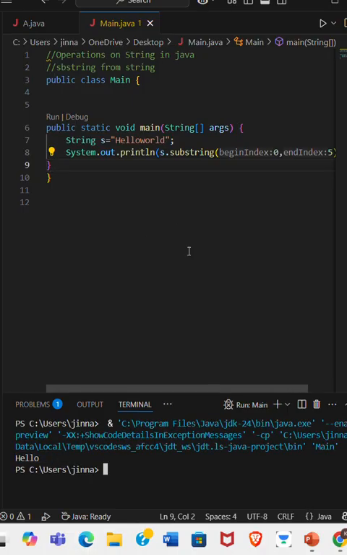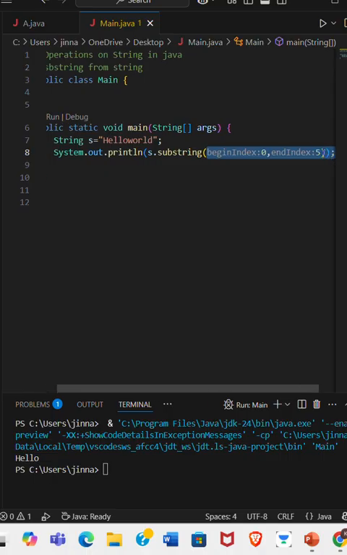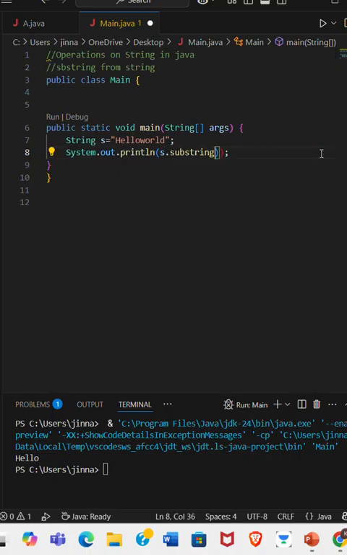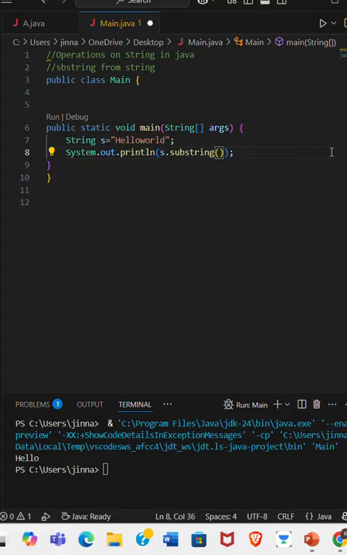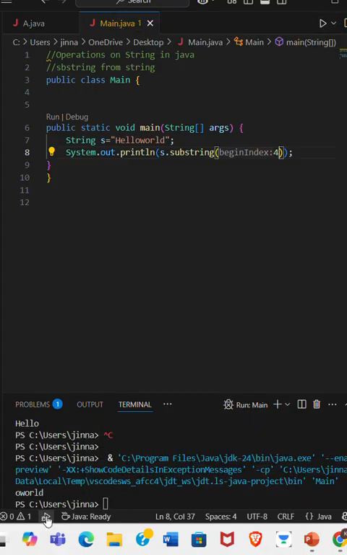So make sure that whenever you are writing it out, if I take only a single letter, let's say I'm giving only a single index, let's say I'm giving only 4. Okay, let's check the result. It's giving me